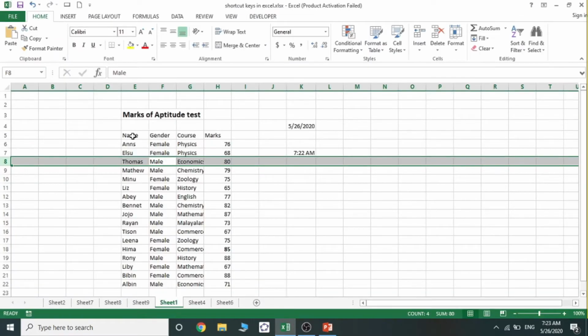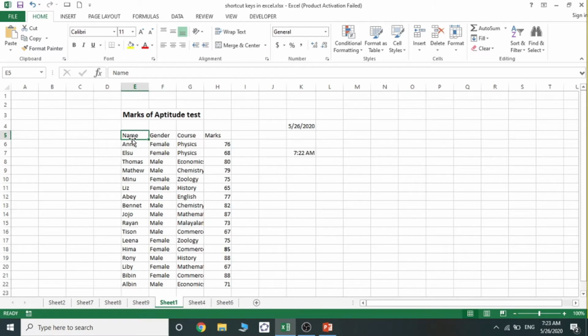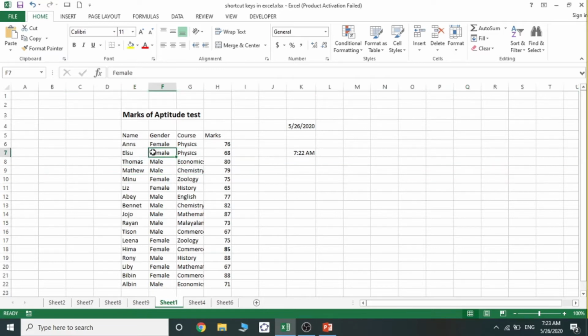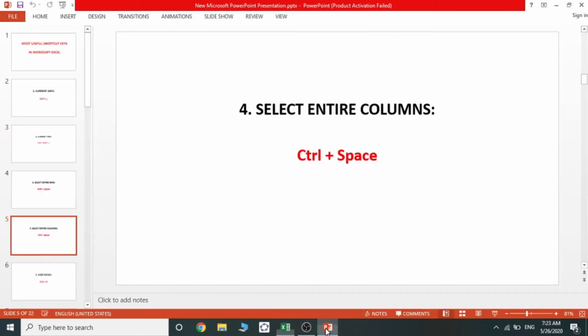We have to select this column, Control Space. So the whole column, column E, is fully selected. Shift plus Space will select the entire row, Control Space will select the entire column.